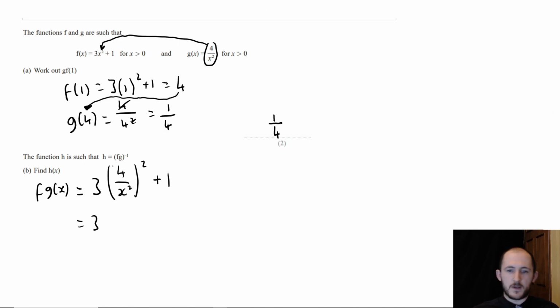So if I square out those brackets, when you square a fraction, you square the top bit and the bottom bit. So you just get 16 over... I've seen your question. Give me 1 second, Lila. So,